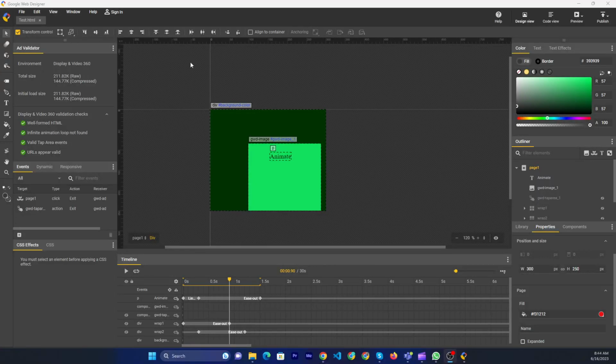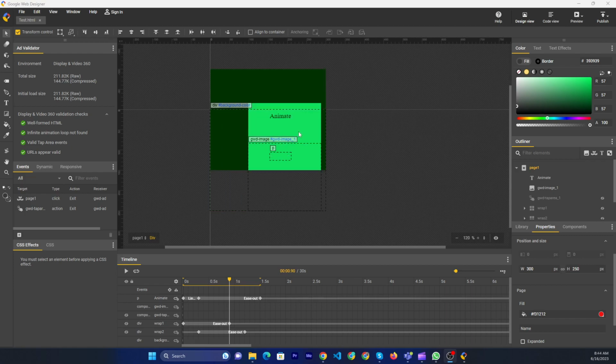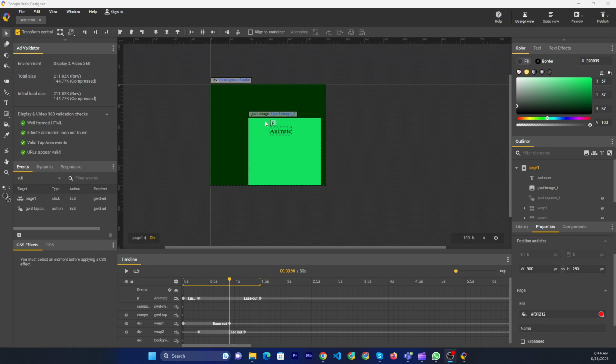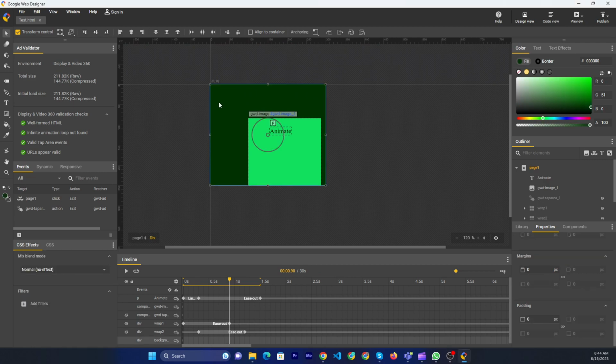Hello friends, today I'll show you how to add a background image on Google Earth. Currently I'm using the green background color. Now, if you want to change this color instead of image,